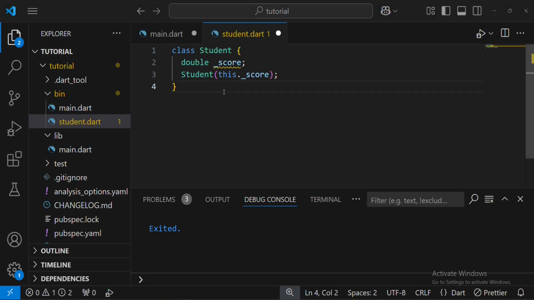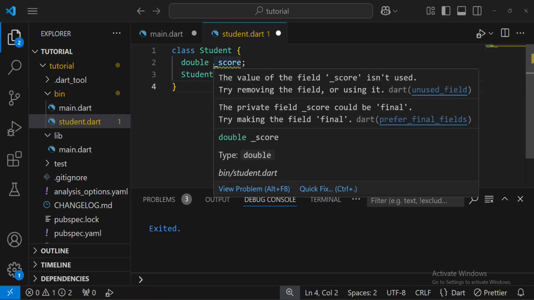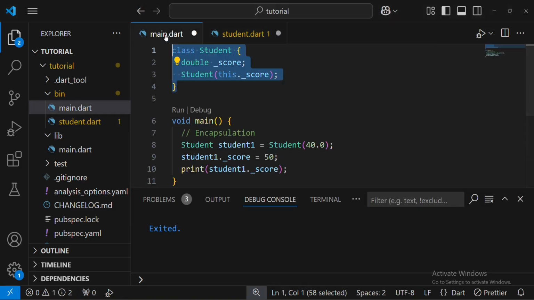A library in Dart is a collection of code, can be classes, functions, variables, and constants that can be reused across different parts of an application. So when we have a collection of code in a file like this, it becomes a library. So when we now declare a private variable in a library like this, we cannot make use of it outside that library. So if I delete this now,